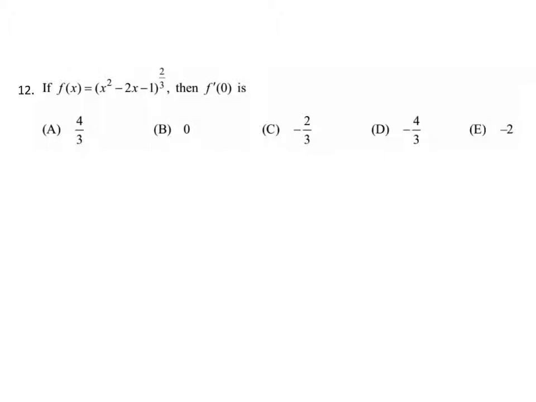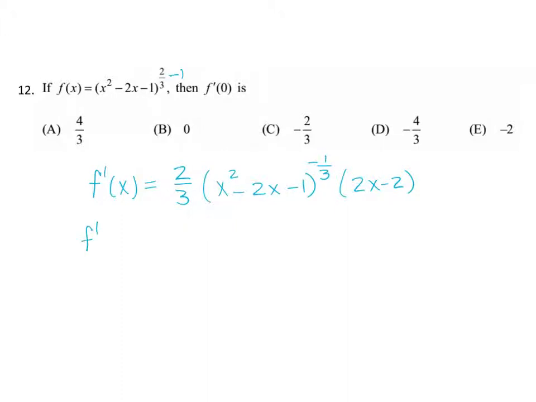All right, our next problem, we need to find the derivative's value at 0. So here we do need to do our chain rule. F prime at x is going to be 2/3 times x squared minus 2x minus 1 raised to the, and if I subtract 1, then that's going to give me negative 1/3. And then times the derivative of the inside. All right, now we're going to sub in our 0. So we're going to have 2/3 times, and that's going to be 0, here's negative 1 to the negative